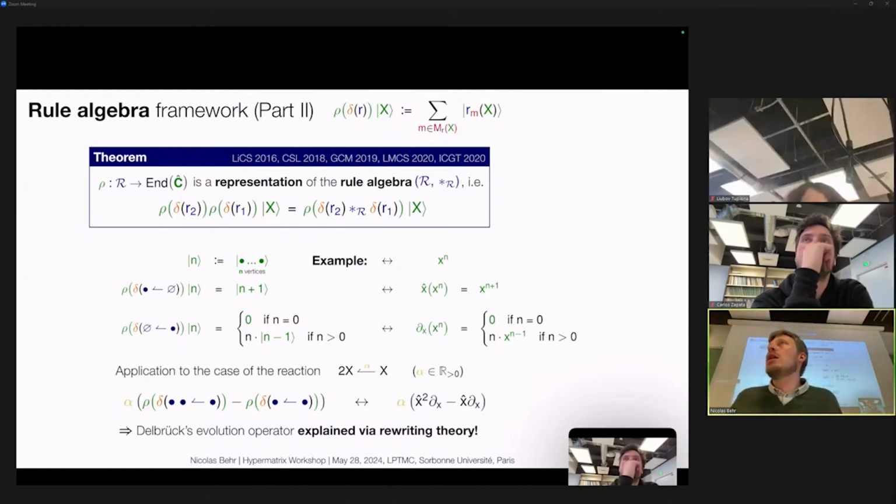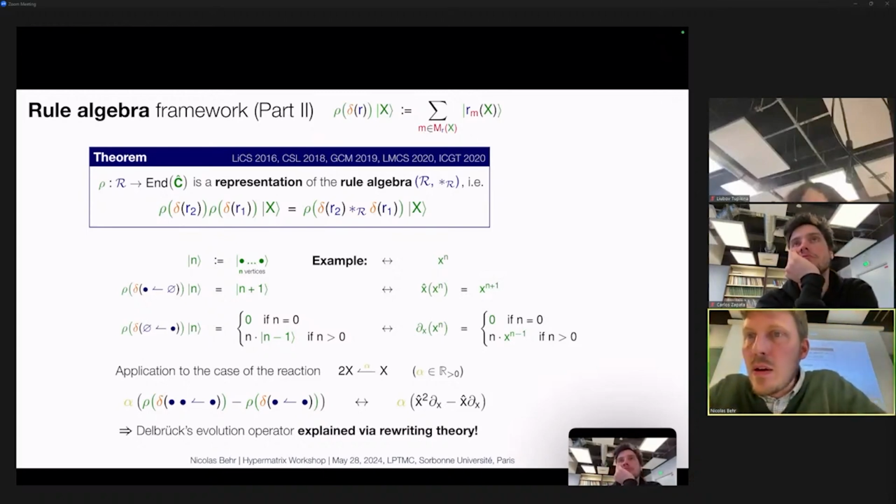So the first part of the generator is just the representation of the rule that I chose. Nothing to remember. I take the representation of the rewriting rule that makes my jump. And the second bit is something interesting. It's an operator that takes the vertex, deletes it, and then adds another one. So it does another round on a state, but with combinatorial coefficients by the number of ways it was possible to do so. And that will be a diagonal operator.